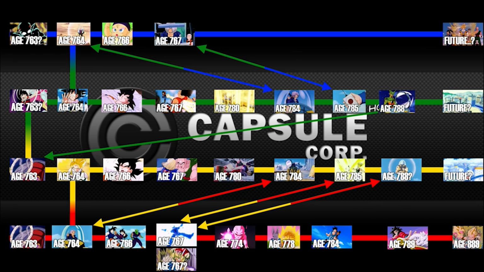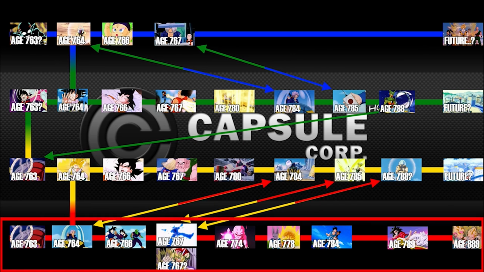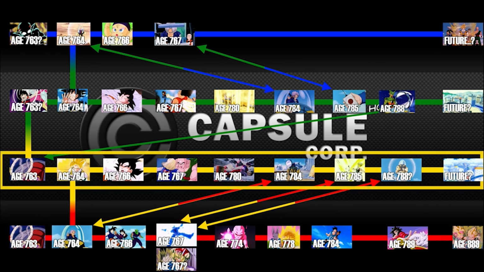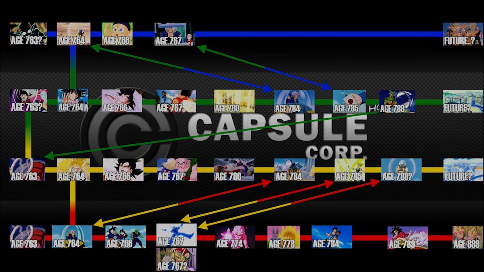Well, that in itself is a plot hole because Cell theoretically should have existed in the history of Trunks' timeline in order for this to make sense, because in reality, when Trunks went back in time from age 784 to age 764, from the Hot timeline to the main timeline, that splits off the fact that Cell would be in two timelines. So Cell is in our timeline, but in reality, he should have been in the Hot timeline. Well, here are some fan theories as to